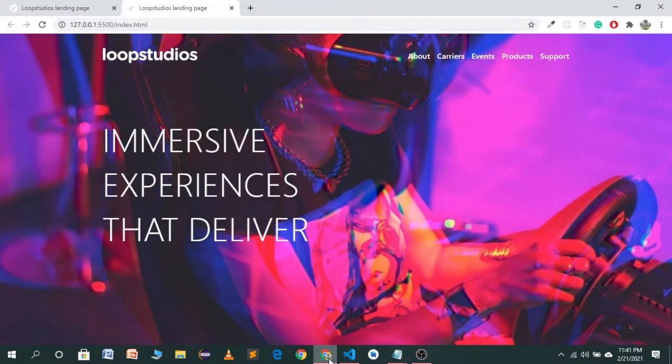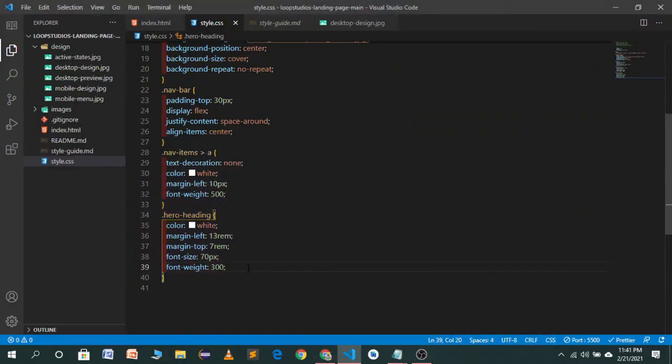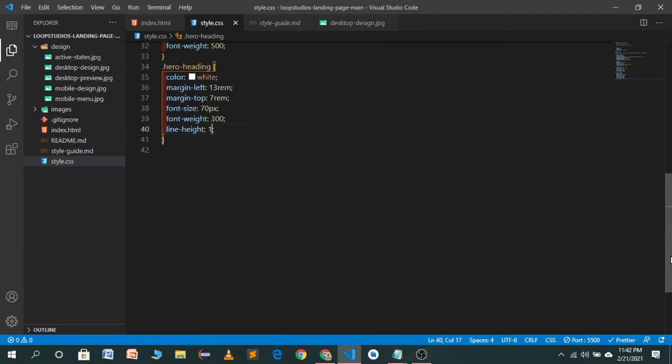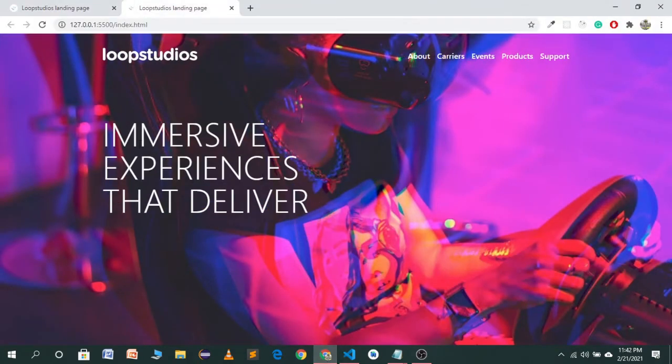Now in the demo you will see we want to give it a border, so we have something like a card-like design. I will give it a line height of 1. And now let's see how it will look. Now you will see it's looking good.